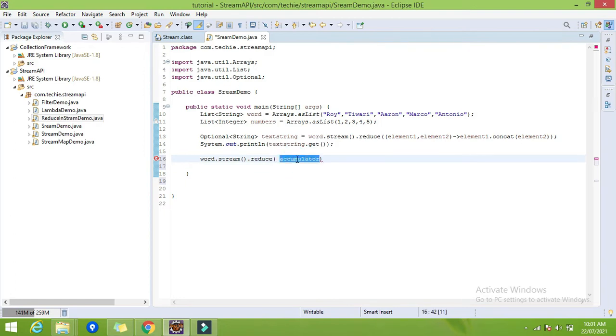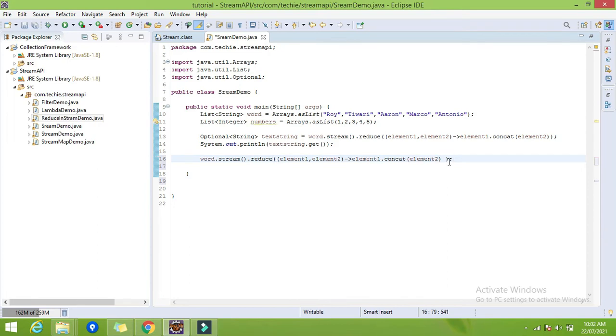So again, suppose I want to reduce this whole multiple string into a single string. I will use the same function here that I have. Here we are only concatenating strings with each other, right?